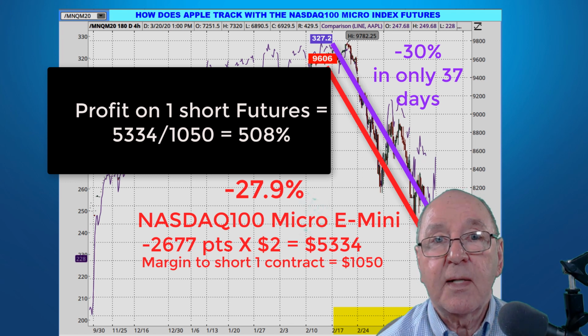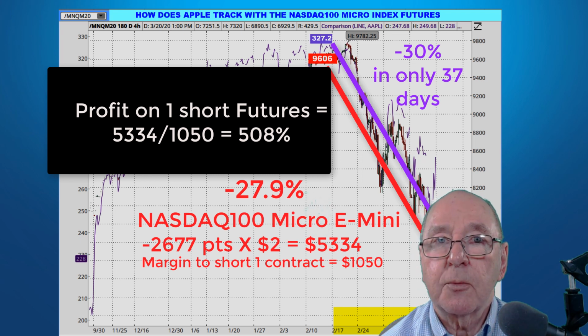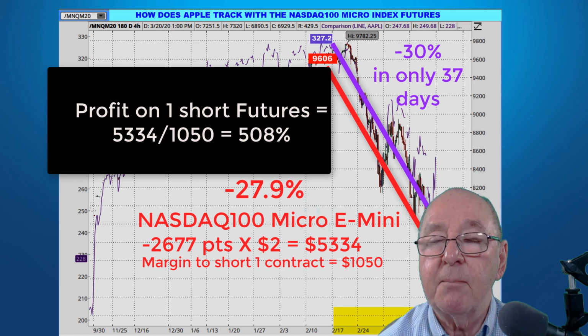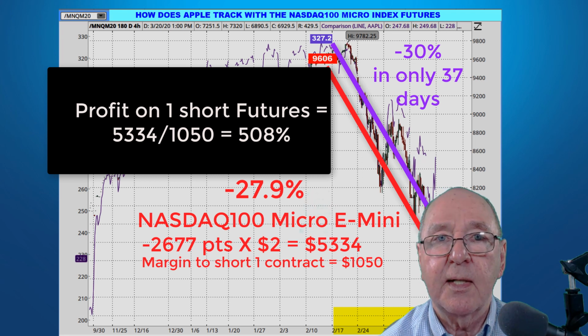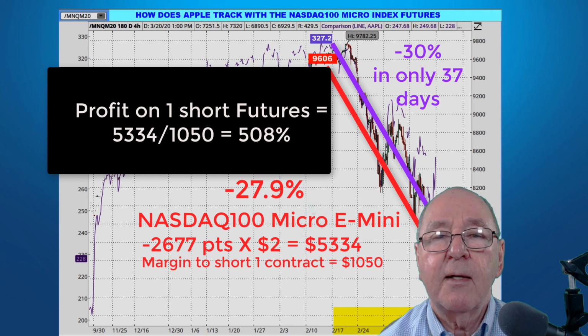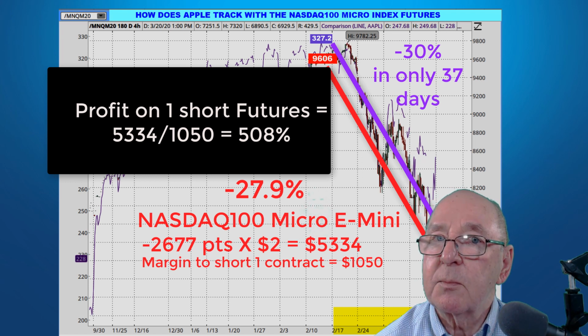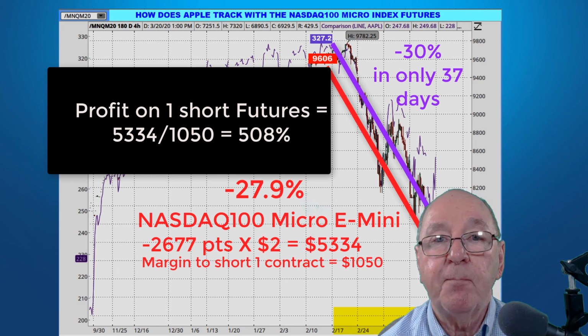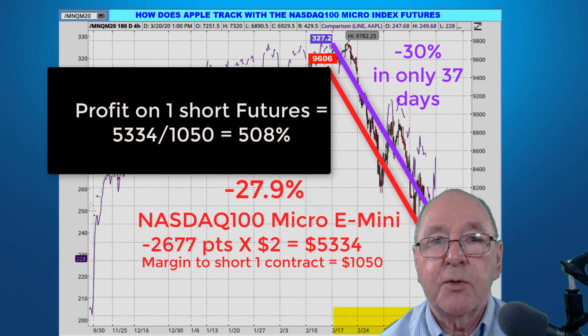I think it's the most exciting thing for a home investor that's come along in over 20 years. And it's a very modern financial product, and it gives home investors, for the first time, the ability to afford to trade futures. Before, with the point values at $50 and $100 a tick, you could lose a week's pay in 30 seconds, and it was just prohibitive for most home investors to risk that kind of money, and it would have been a little bit irresponsible or inappropriate too. And that's why futures is a highly leveraged investment, and it can be very risky. Make no mistake about that. But I'm excited because it also holds a great potential to make some nice profits, which you'll see exhibited time and time again.